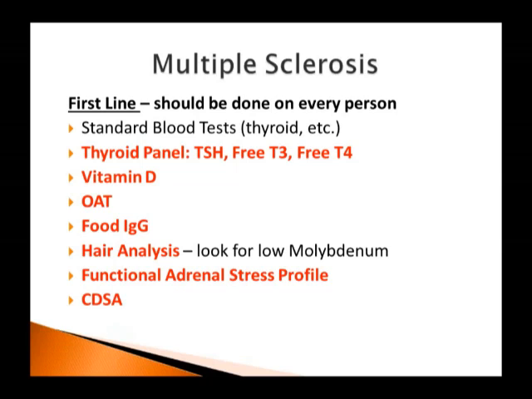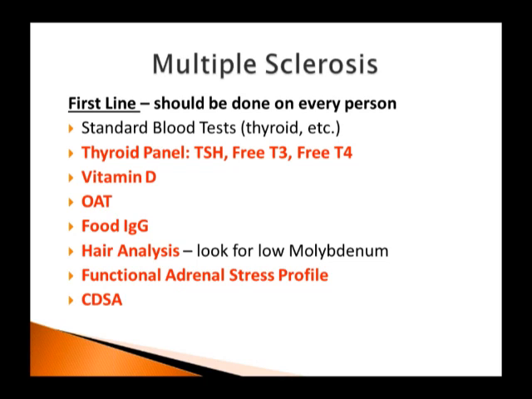Vitamin D is very important in MS. It's often low, and vitamin D therapy is an important therapy for people with MS. Organic acid testing. Many people with MS tend to have a poor metabolism as far as their energy production. They have a lot of fatigue. There's heat intolerance problems, and we want to make sure that there's not some type of chronic infection and look at mitochondrial function. Food sensitivity, again, is another cross-reacting problem with the immune system that can be a big irritant